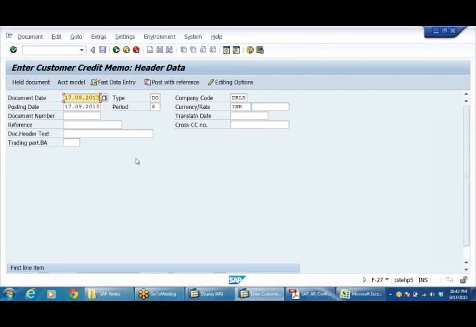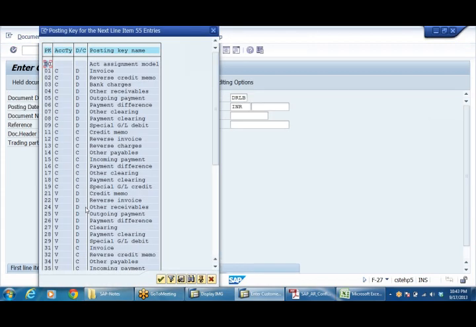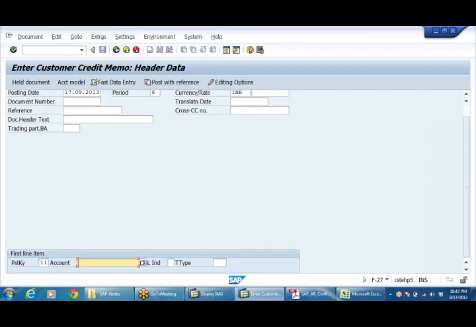So here posting key 11. 11 is nothing but customer credit, customer credit memo. By default the system takes 11.